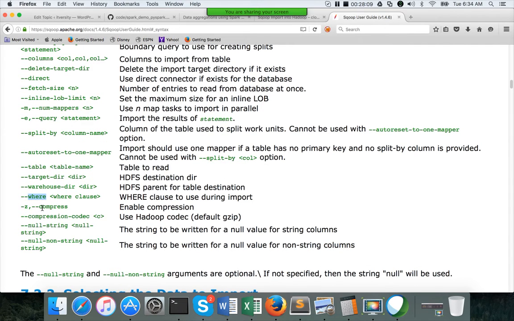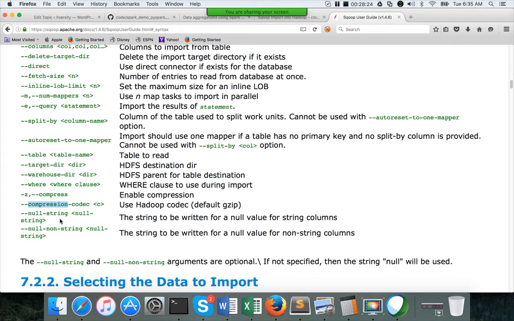Okay, and then if you want to compress, you have to first enable compression by saying --compress, and then compression codec to specify the algorithm which you want to use. To understand the compression codecs, I have a couple of videos on my channel. If you search for compression, you will find them. They cover a lot of theory about compression and different compression algorithms. You just have to use those things here. We will not get into the actual compression itself as part of the course.